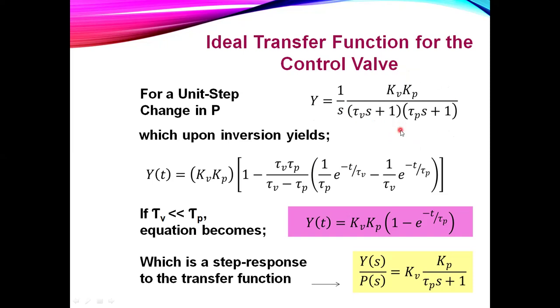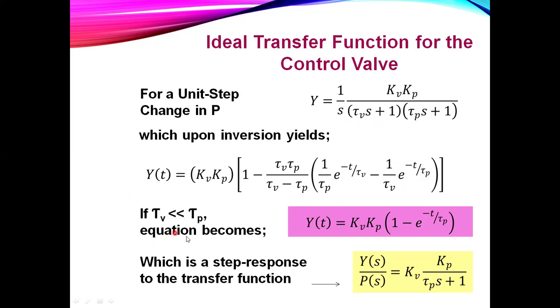Now, if we skip all the mathematics, when you just do your method of partial fractions, your response would be something like this. You do your partial fractions. You're expected to have 3 partial fractions here. And if you do your thing, you will have this corresponding expression for the response.